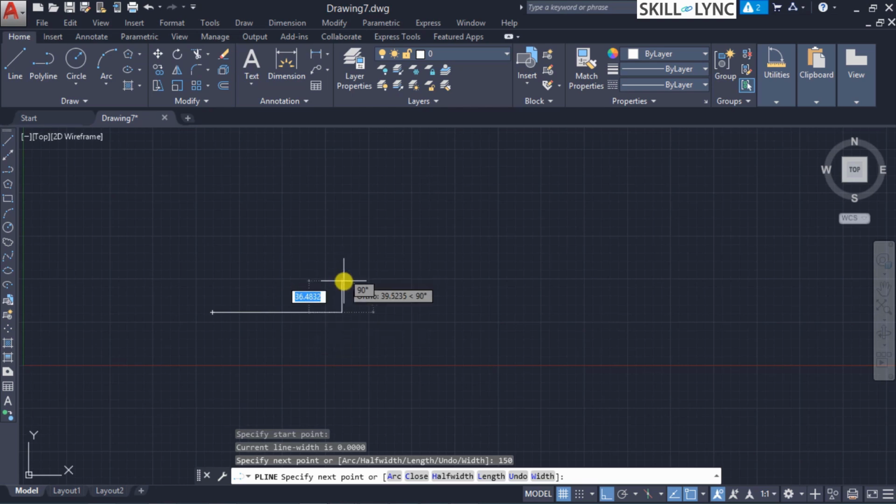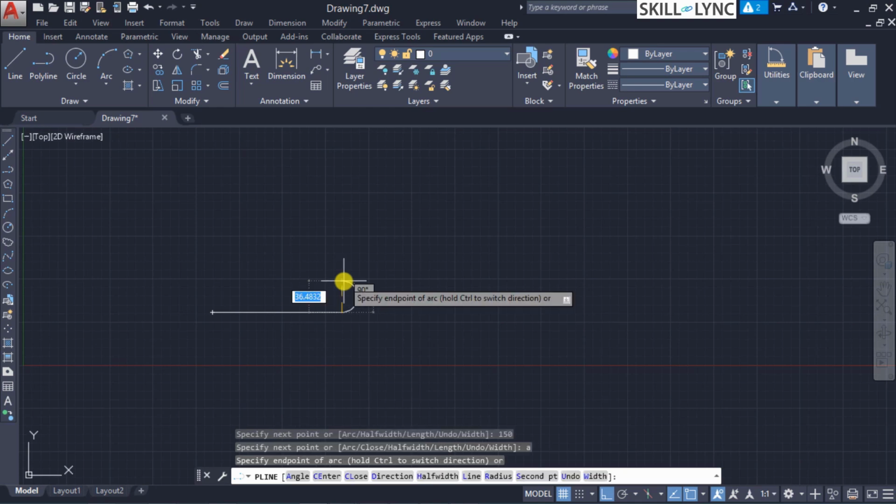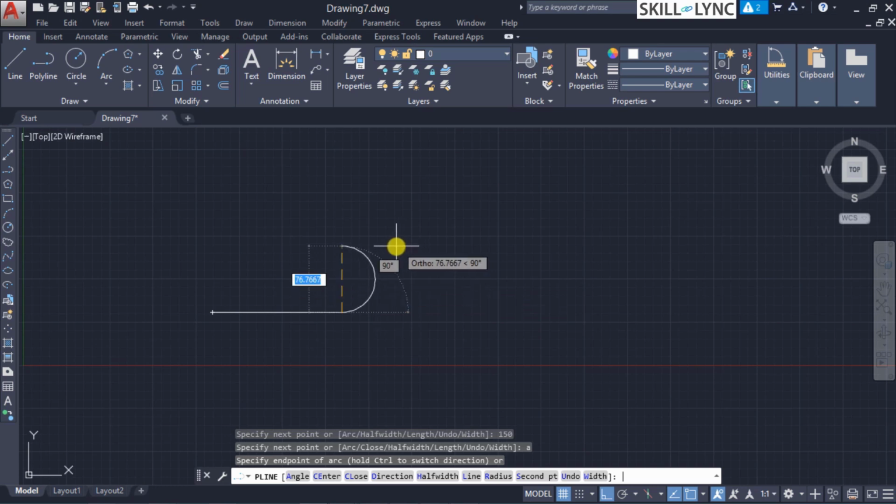That is, the first segment of this polyline has been a line. Suppose let's continue with the next command of, say, arc. Then you can make use of all the arc commands that we had looked at earlier. That is, we can specify either angle based, center based or direction based. Based on these, we can extend the arc parameters. So suppose you want to define the center and then proceed, then you can type in or select the center option and then specify the center point,